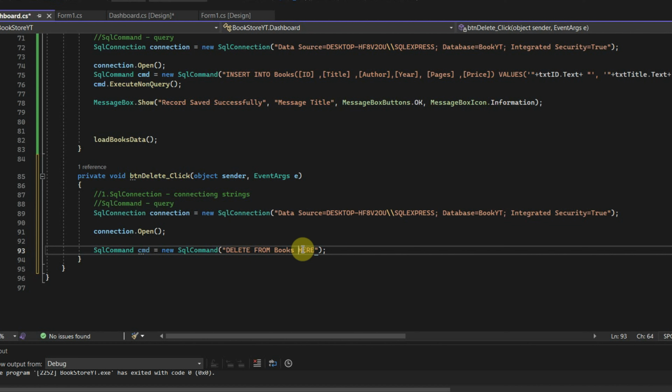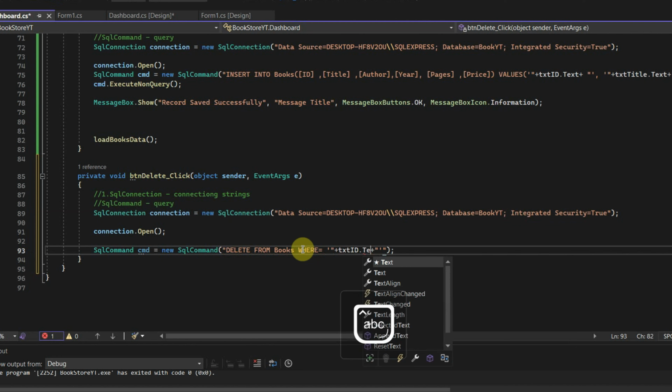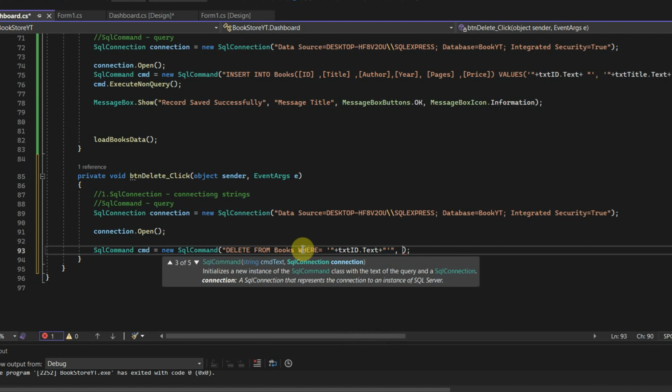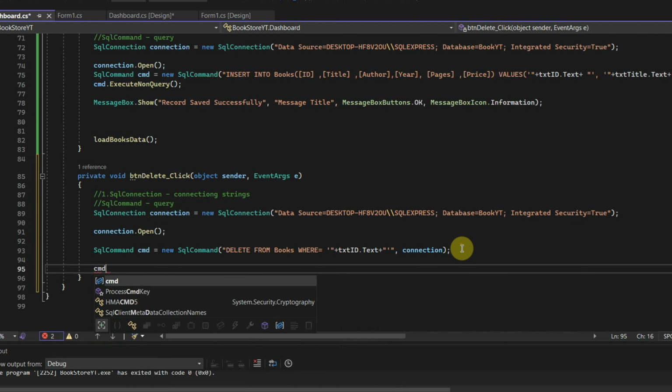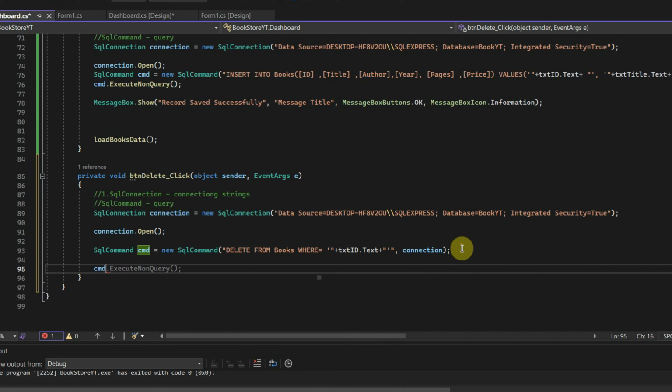Delete from books where ID is equal txt id.text connection cmd execute non-query,